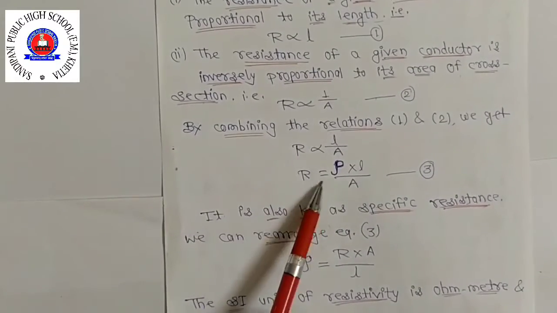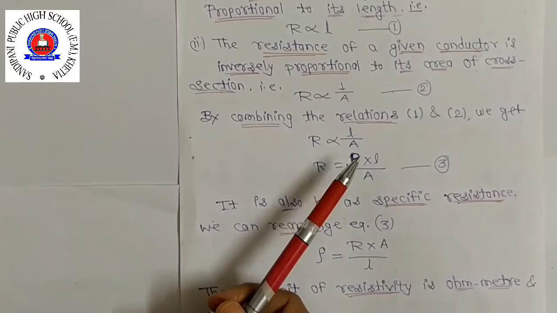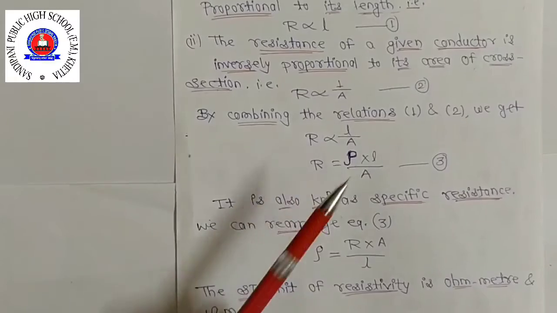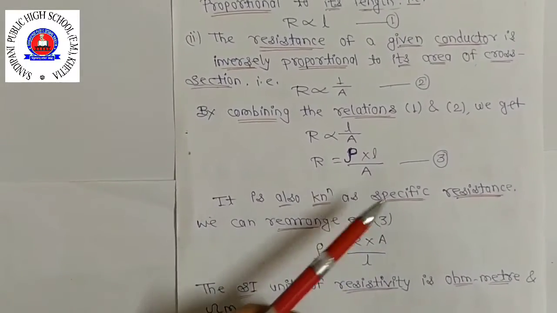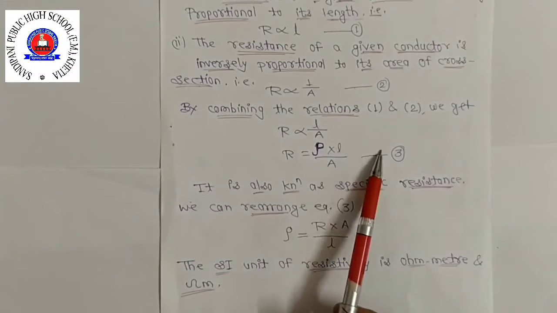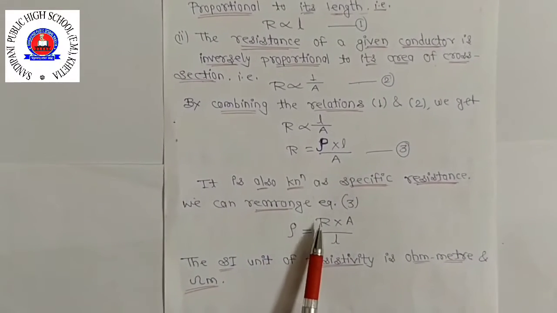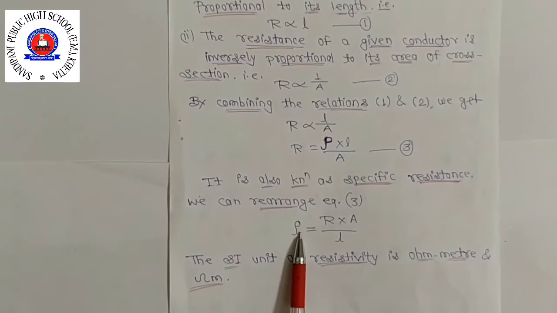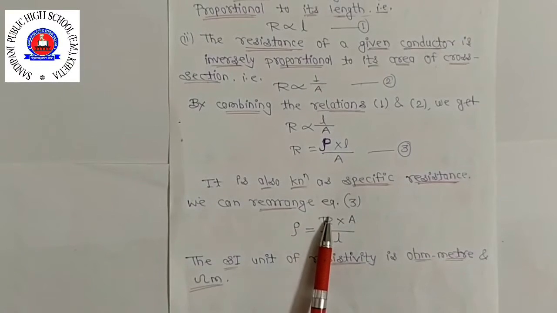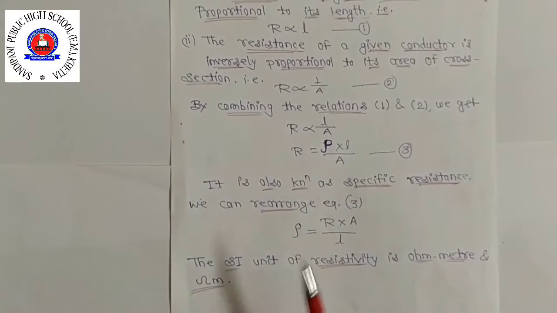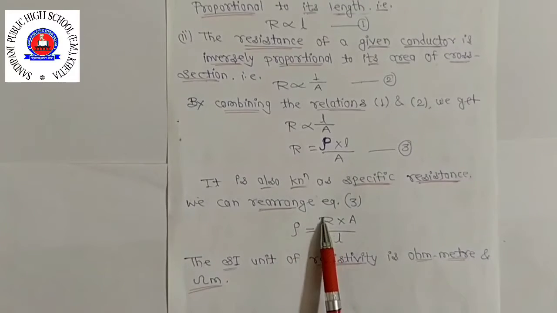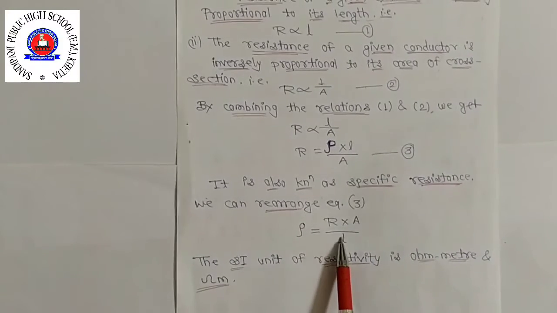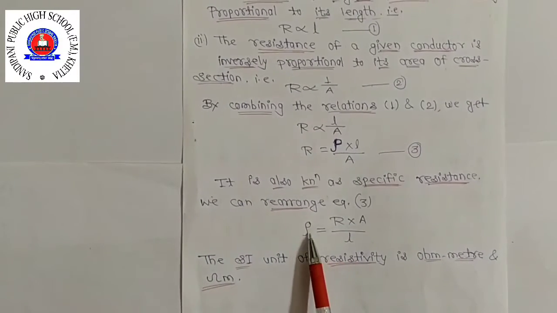This is equation number 3, where rho is a constant known as the resistivity of the material of the conductor. Resistivity is also known as specific resistance. We can rearrange equation number 3: rho is equal to R multiplied by A upon L. So resistivity is equal to resistance multiplied by area upon length, where R is the resistance of the conductor, A is the area of cross section of the conductor, L is the length of the conductor, and rho is